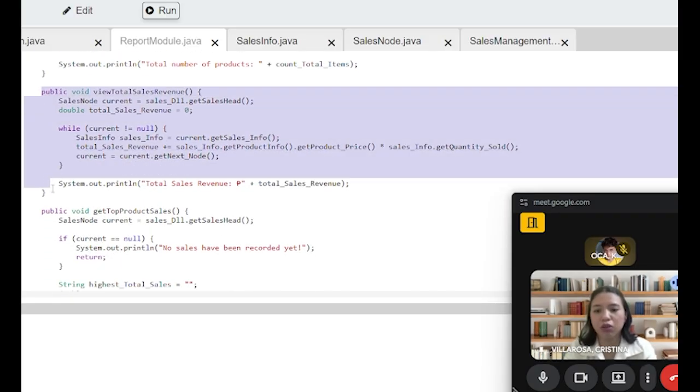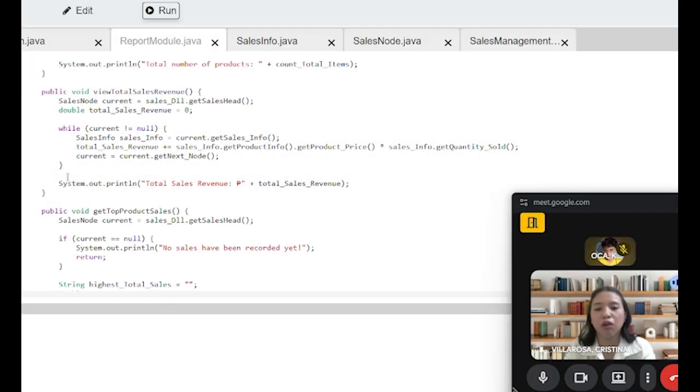From line 33 to 34, it will discuss how much sales revenue we earned in the past few years. First, it will call the current head in the sales, which is getSalesHead, and then the double totalSalesRevenue is equal to zero, for us to be able to count all the sales in the past.